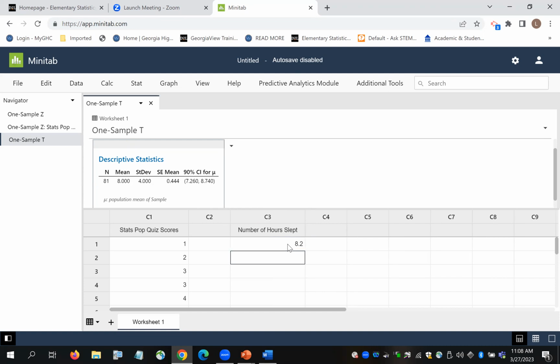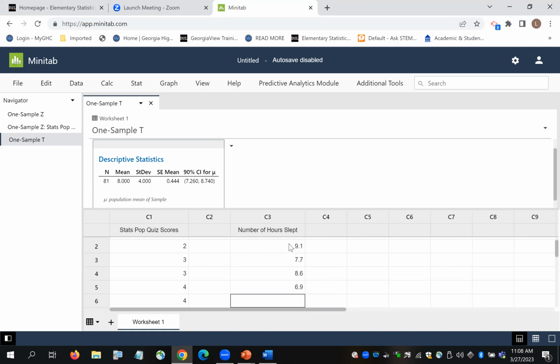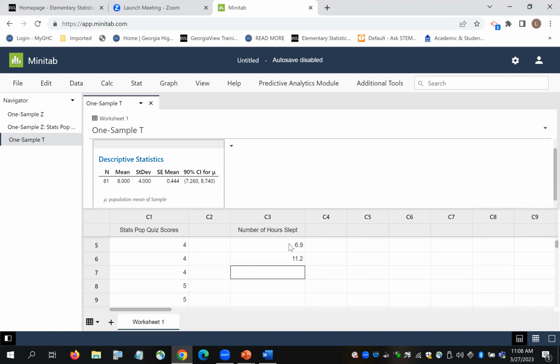8.2, 9.1, 7.7, 8.6, 6.9, 11.2, 10.1, 9.9, 8.9, 9.2,